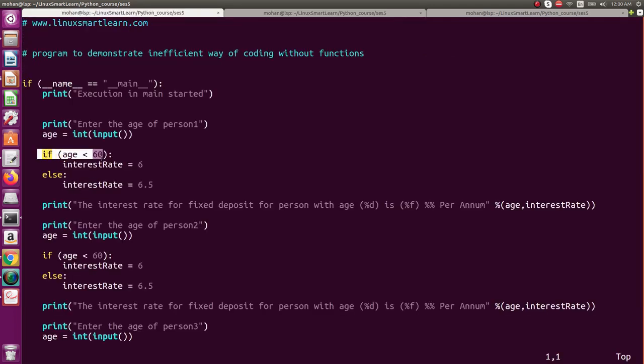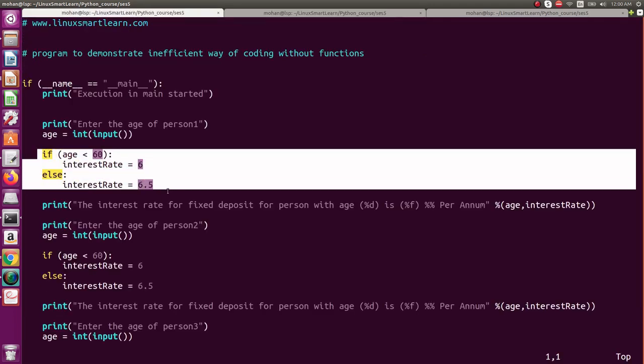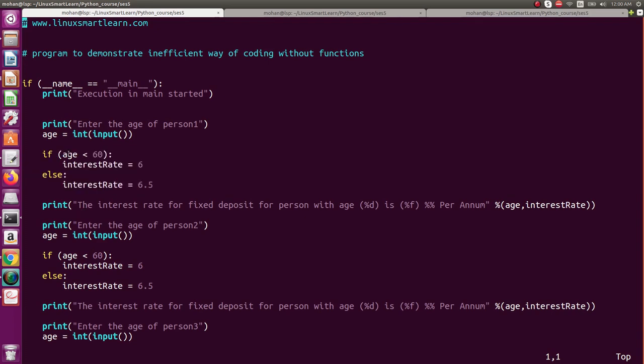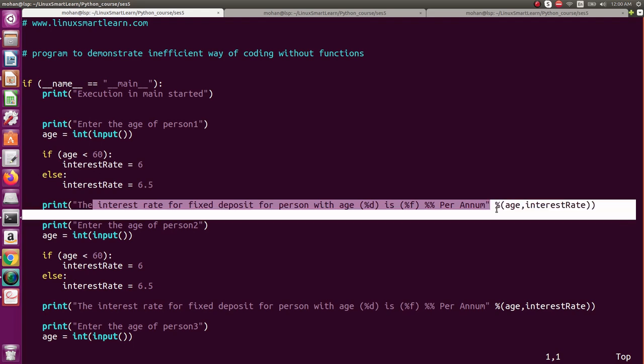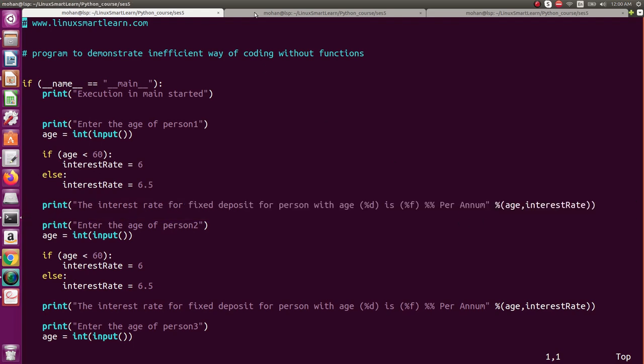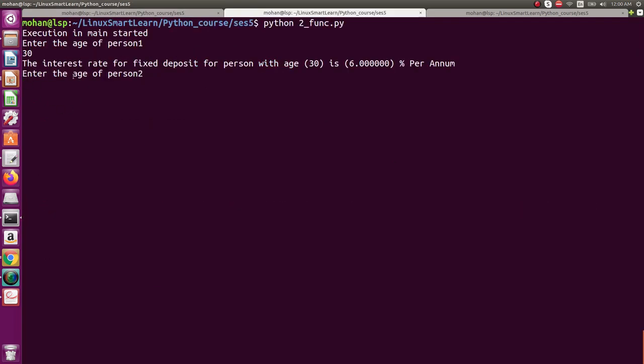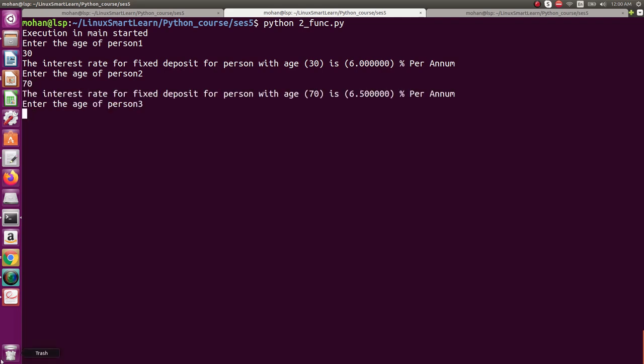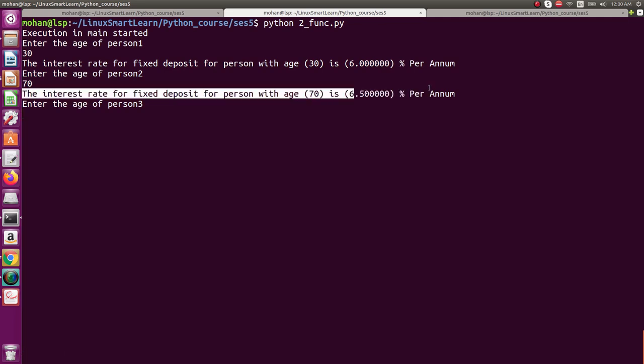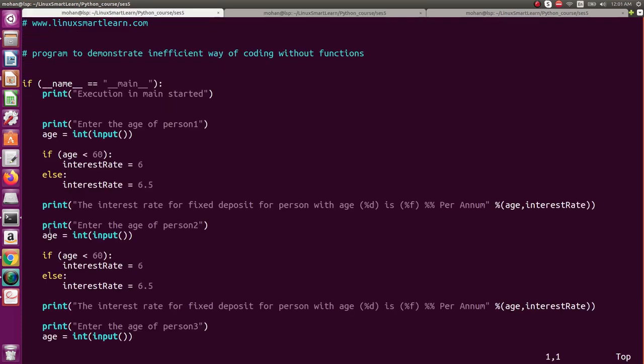So it makes an if else condition, and based on this, now the age is less than 60, hence we get 6% as the per annum interest rate. Now again enter the age of person 2. If the person's age is entered as 70, then we get the interest rate for the fixed deposit for a person with age 70 is 6.5% per annum. This is what we have got from this one,